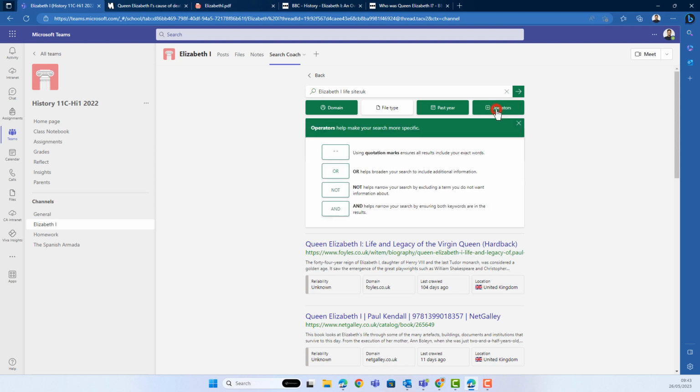The operators button will give me a bit of an introduction to how to use these, and these are really handy in narrowing down your search, excluding information or looking for specific information. So let's just use the top one as an example. If I click that, it will put it around my search term there, or I can use it as an example. So I'm looking for Elizabeth I's life, and then I also want to look for the specific phrase Spanish Armada. I'll hit enter on my keyboard,